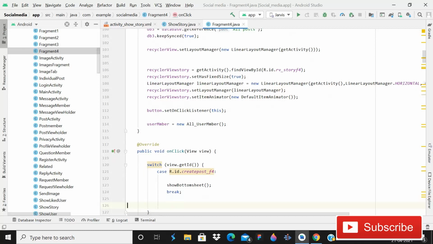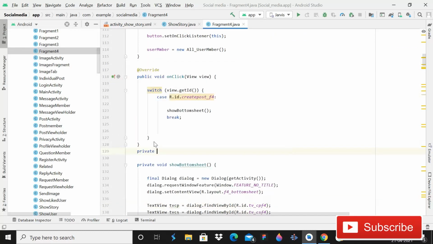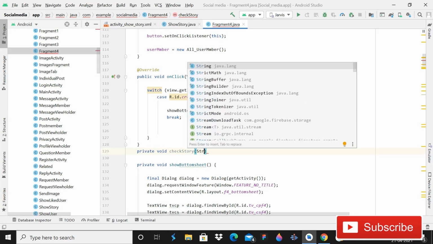So now we have the reference, and we have to do a very basic thing, that will be a private void method, and this method will be check story. Actually here we are doing validation. Understand? And what kind of validation? It's a very simple validation: whether the user story exists.